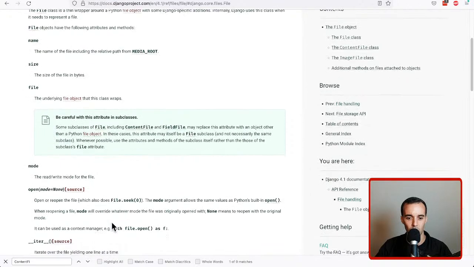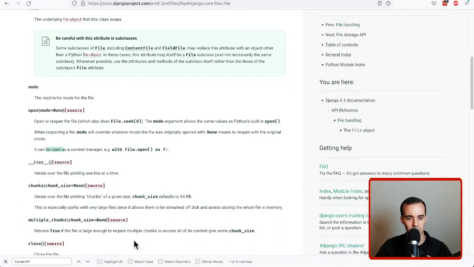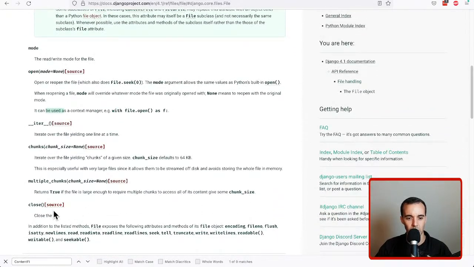It has open, can be used as a context manager, so that's probably what I'm missing, and close. So I could either use it as a context manager, or